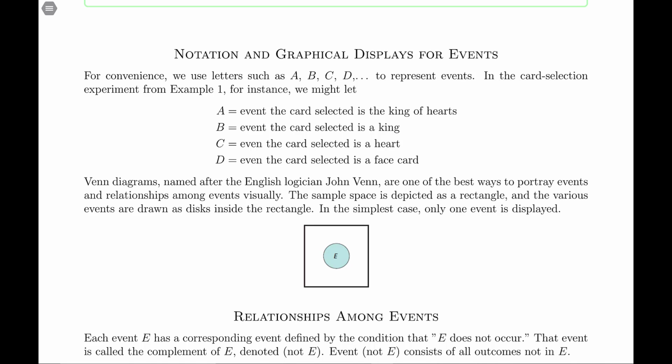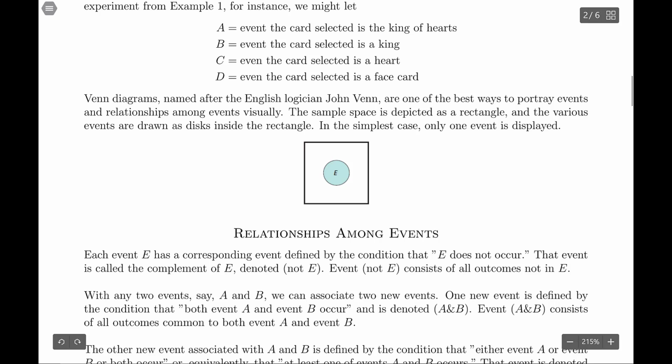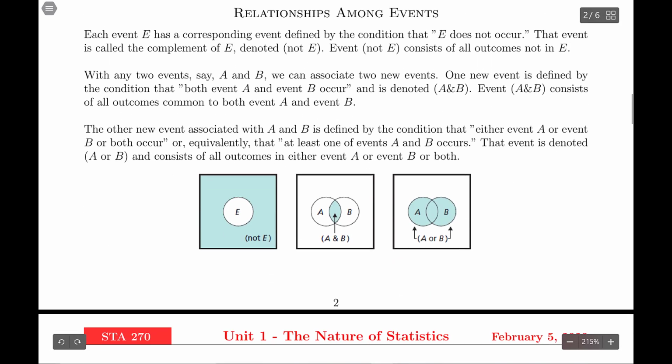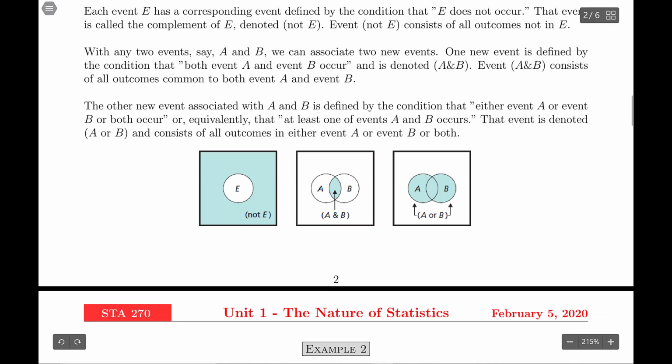So we're going to use Venn diagrams, and I'm sure you guys have seen this before. But when we talk about Venn diagrams, the rectangle represents our entire sample space. And then the different circles represent certain events. When they overlap, it represents intersections of events. And so we'll see here